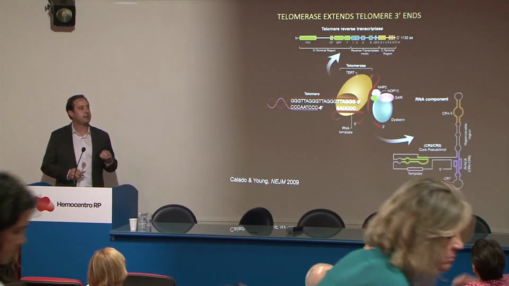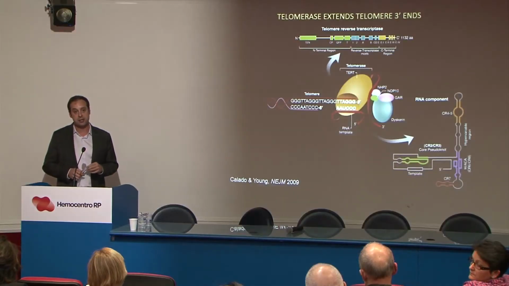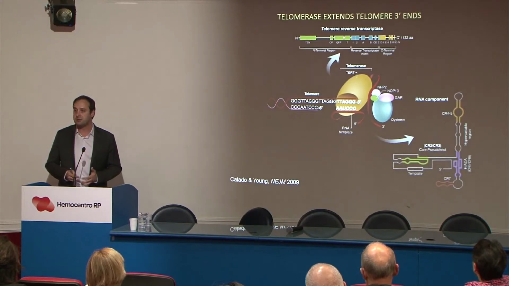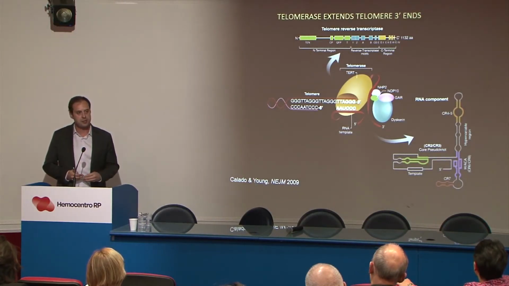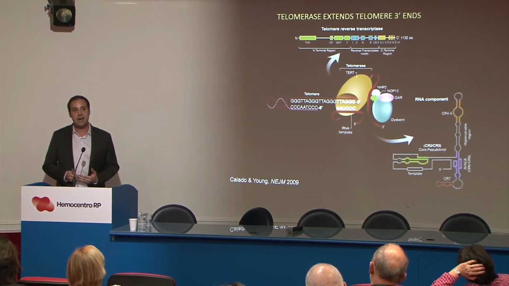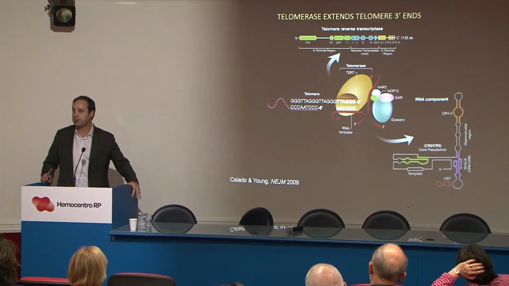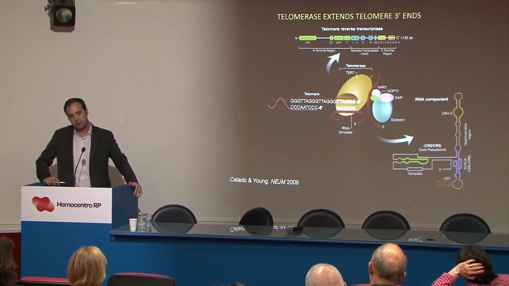So the cells that have highly proliferative capacity, and you can think of some cells like stem cells or adult stem cells, for instance, hematopoietic stem cells, they have a high proliferative demand. And so they have to counterbalance the telomere erosion with some sort of mechanism so they keep their proliferative capacity. And to do that, our cells evolved a very unique method to synthesize DNA in our cells, that